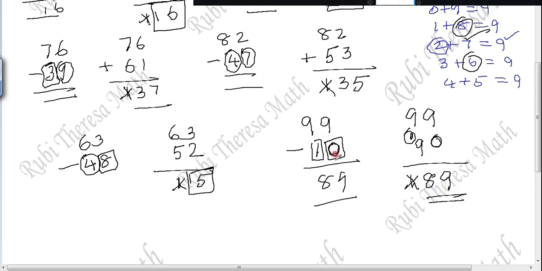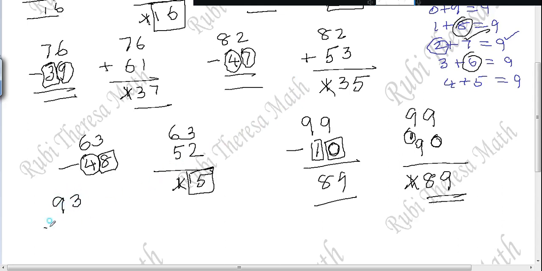But adding 10 is very, very easy. Subtracting 10 is very, very easy. No need to go for this method. Since we are teaching this method, it is not compulsory to go for every number. Wherever we are finding it difficult, or when we want to verify the answer, we can choose the alternative. Is it okay? Next one.